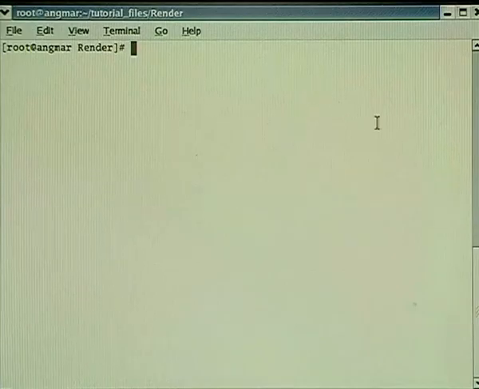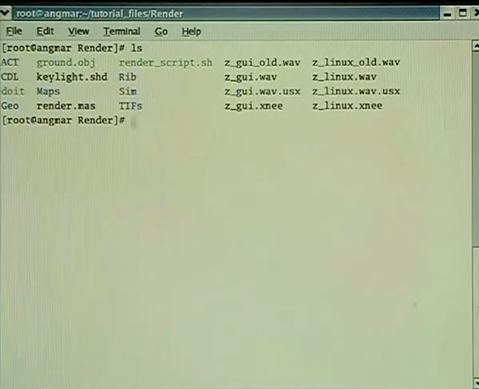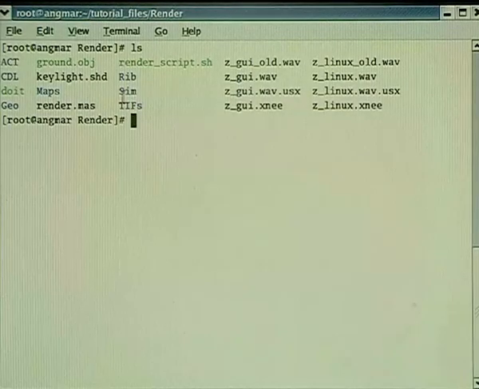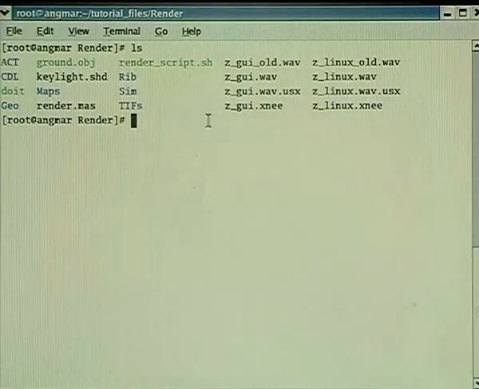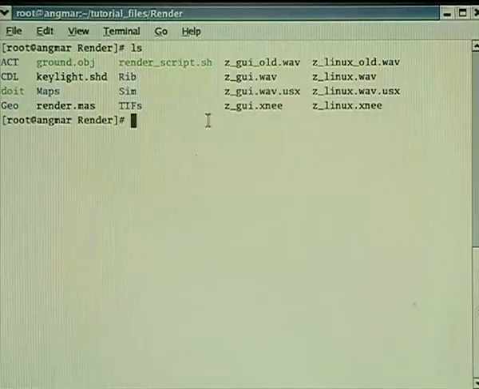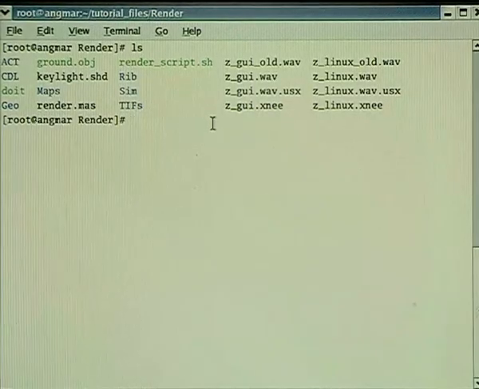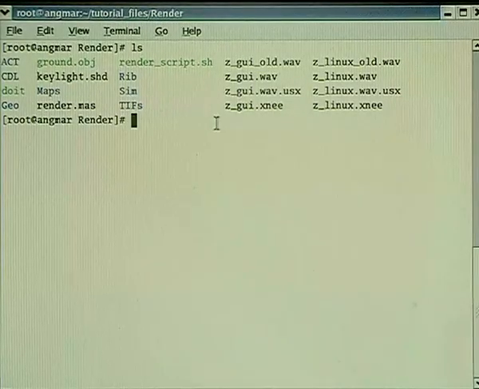So if you go back out to the directory, you'll see that the ribs and sims have been written to the ribs and sim directory. And there's a new file called renderscript.sh, and it's a script that will automatically run your render for you if you run it. And once you're done with it,